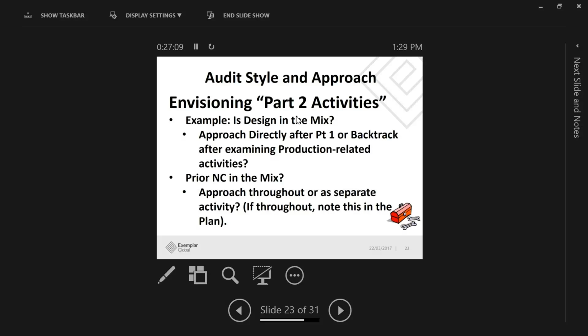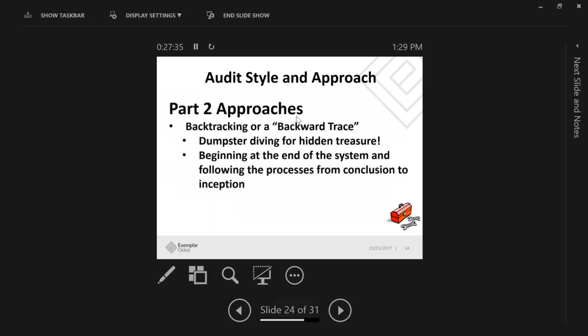In other words, if you're going to be auditing a set of prior nonconformances in the shipping department, note that directly in the audit plan so that they know to prepare for it in that regard. Now, you could then go from shipping to any other process, and as a part of your audit inquiry, say, has there been any recent nonconformance? And then take a look at several of their recent nonconformities, perhaps corrective actions,